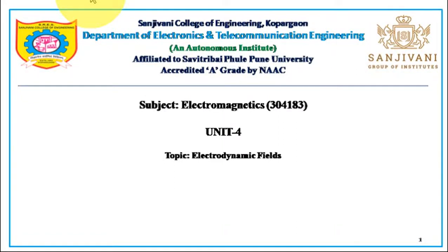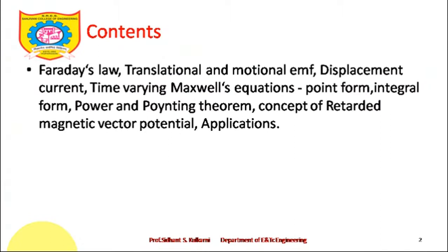Welcome back, students. In the previous lecture we talked about displacement current density and how the J_D bar term, included by Maxwell, plays an important role when we are talking about time varying fields. The relationship between J bar, J_C bar and J_D bar we understood by looking at the loss tangent expression.